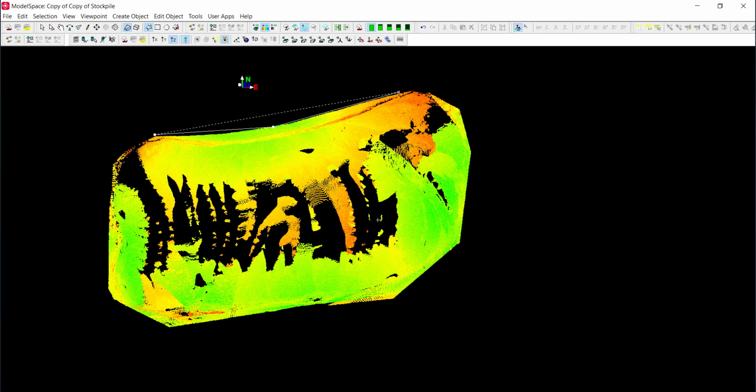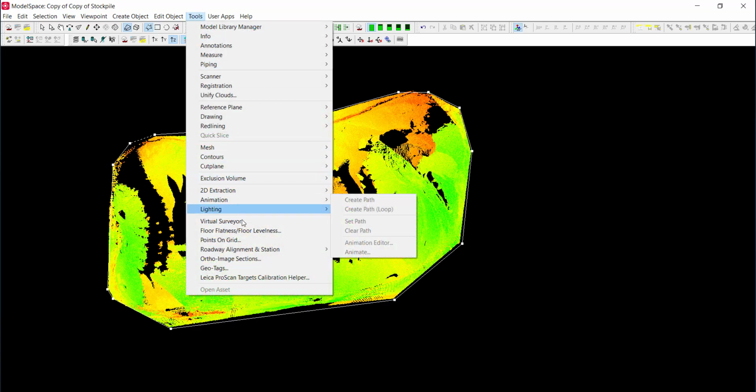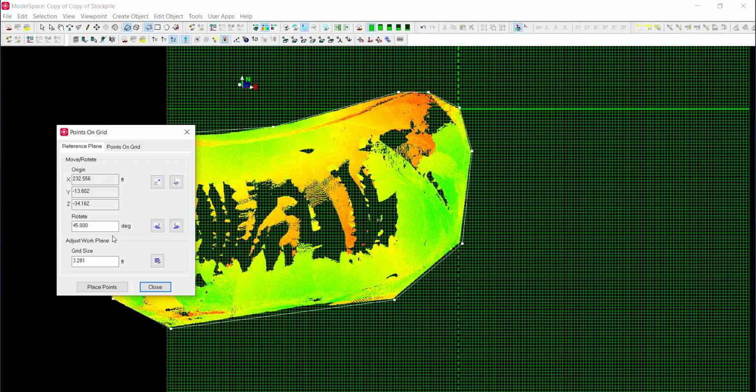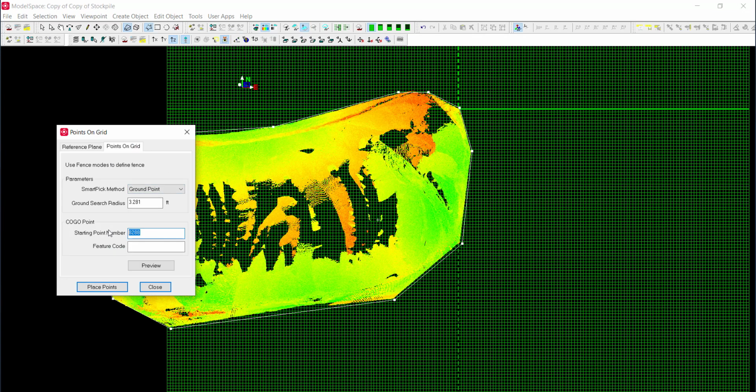A second technique I'm going to go over is creating a mesh from points on grid. So first step is to fence in the area that you want to perform points on grid. Once your fence is complete, again go to Tools, but this time points on grid. So let's give it a grid spacing of 10 feet. And then we can give it a starting point number and a feature code, but those two things are not